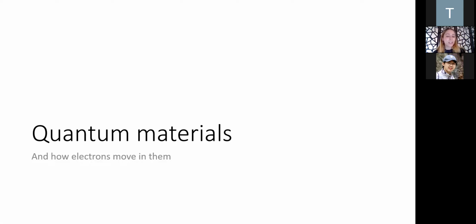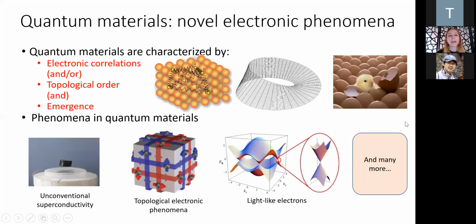All right, if there aren't questions, then I'll move on. And at this point, I'm going to switch gears quite a bit and talk about quantum materials. So the idea here is that we want to replicate, if we can, what was done with superconductivity. So we want to find new materials that have new interesting phenomena that at this point we know are unusual and interesting, and maybe in the future, hopefully not 100 years in the future, there will be some applications for some subset of those materials.